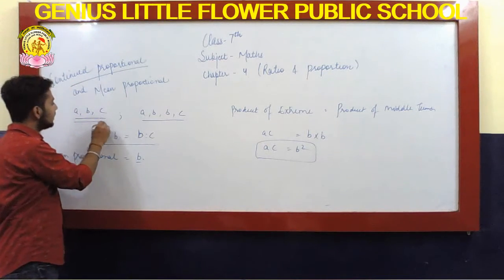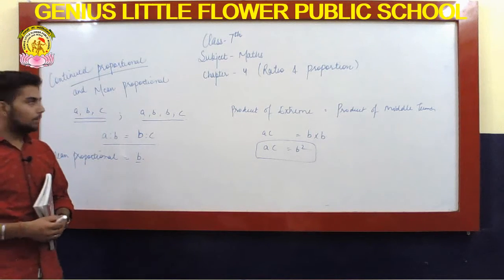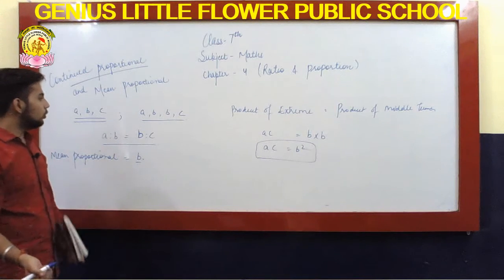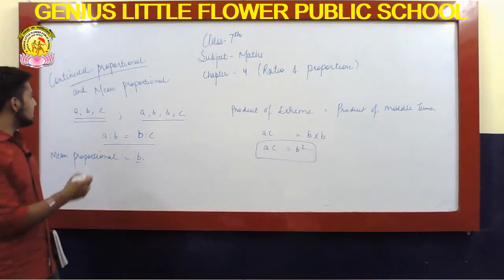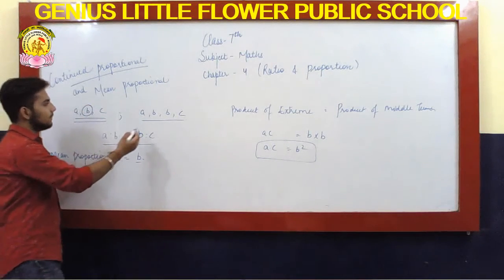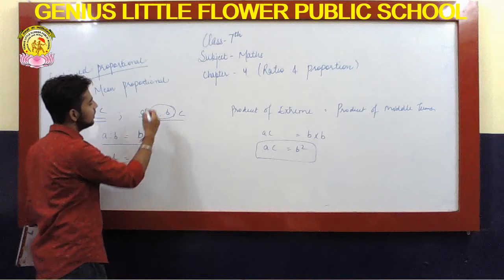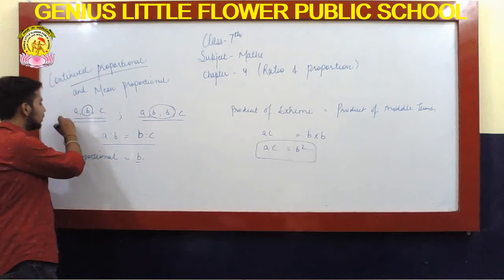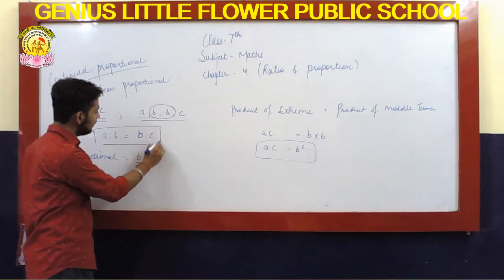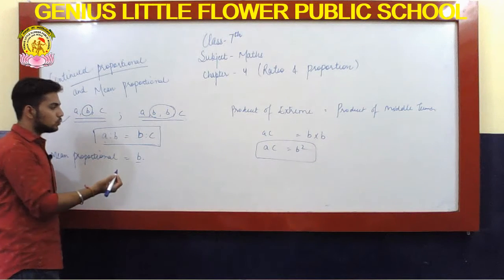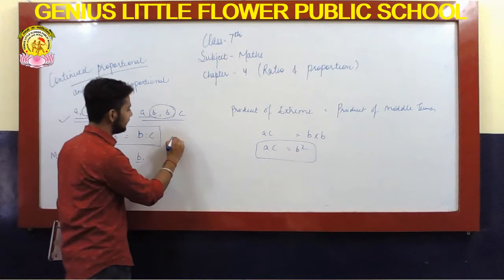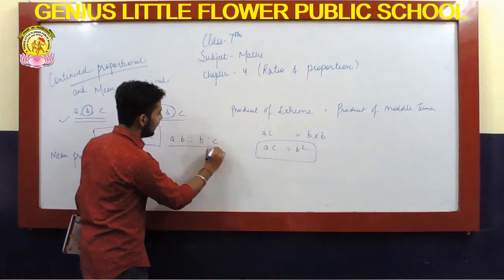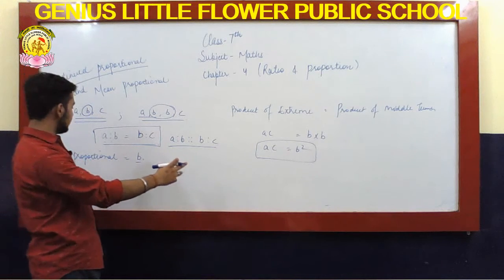So what is it? We are considering A, B, C to be in a continued proportion. We can also say that A, B and B, C will be in continued proportion. Continued proportion means the middle term remains the same. For example, here we are considering B twice, as B is the middle term on both sides. So for continued proportion, the result is A ratio B is equal to B ratio C, or you can also represent it as A ratio B double ratio B ratio C. Here we have A, B and B, C as similar terms.